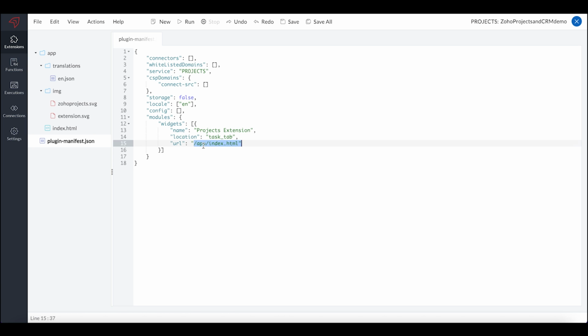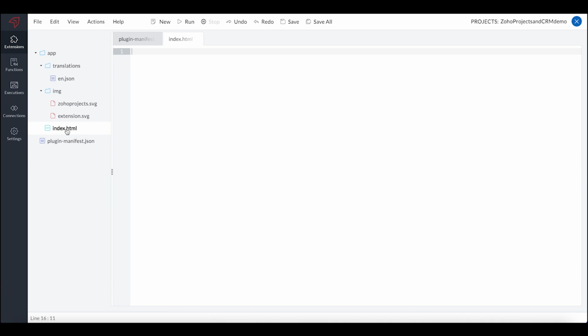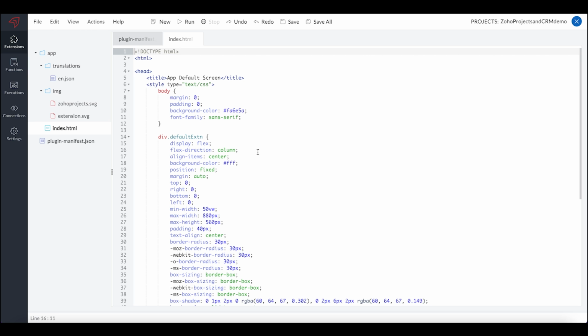Inside the app folder, there is an index.html file given as the location for the widget UI. The Sigma Cloud Editor has automatically created this index.html file, which holds the widget UI that needs to be rendered in the task details page.